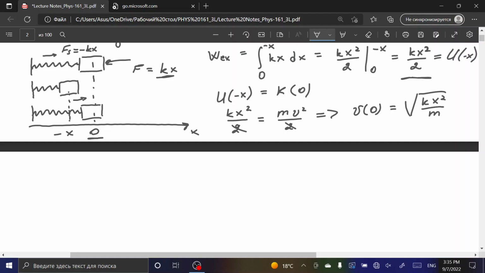divided by m. So instead of going into time-dependent acceleration originating from the time-dependent spring force, we use this conservation of energy and get a very simple and straightforward equation to answer this question. What actually will be the velocity at position 0? So now